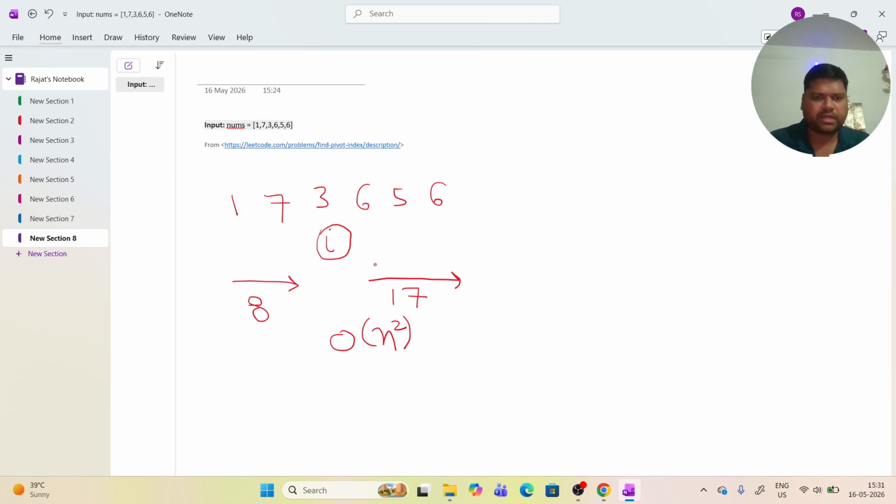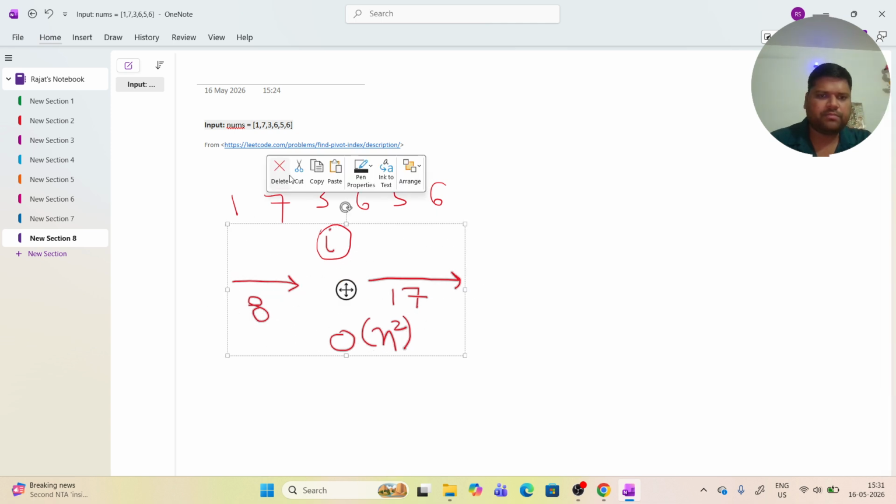What is the optimal solution? Okay. So for the optimal solution, what we'll be doing is, for the index i, we need to maintain some